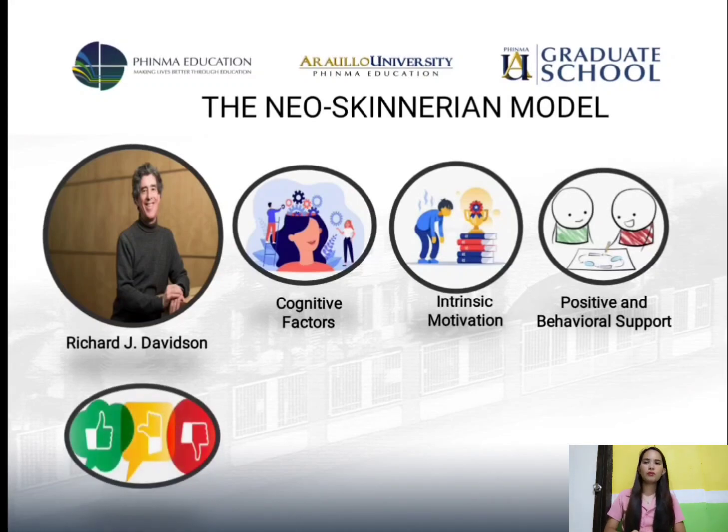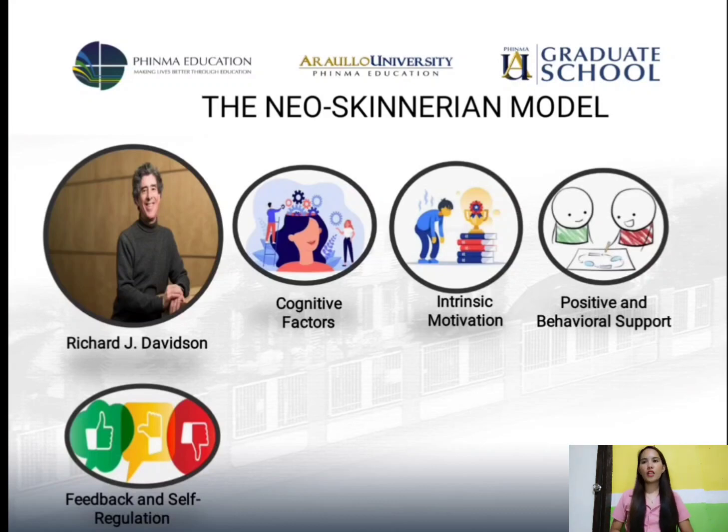Next, we have the feedback and self-regulation. Neo-Skinnerian models emphasize the role of feedback and self-regulation in molding behavior. Students can self-evaluate their performance and make improvements, which serve as forum for providing constructive comments. This helps students become more self-aware and gives them the agency to take responsibility for learning and behavior. Feedback shouldn't be always negative, but we should make our students understand that feedback can help them grow.